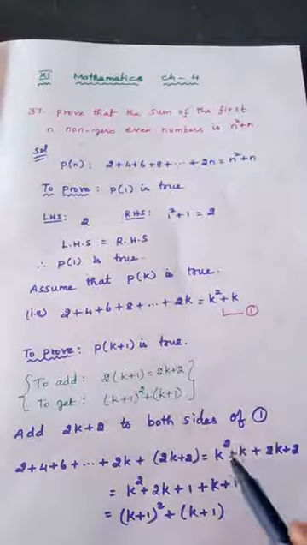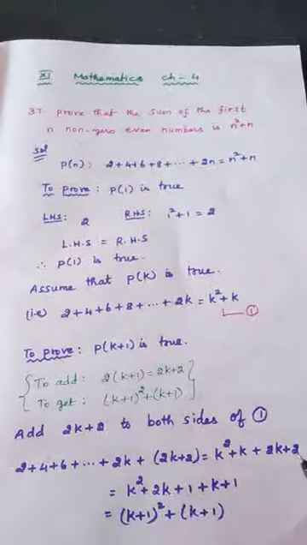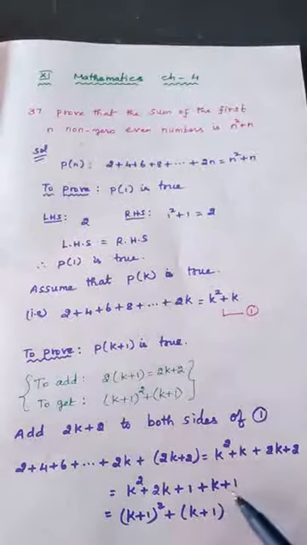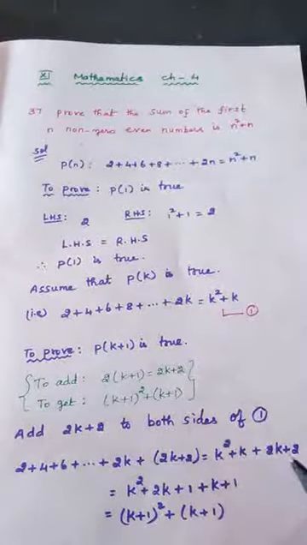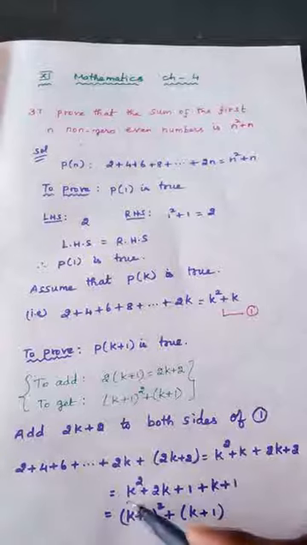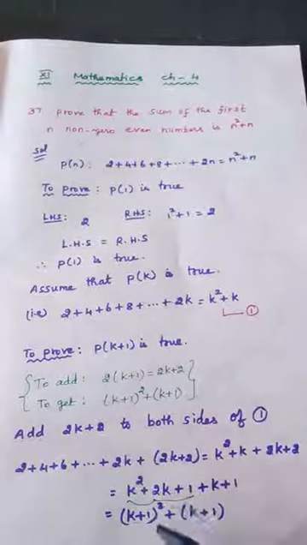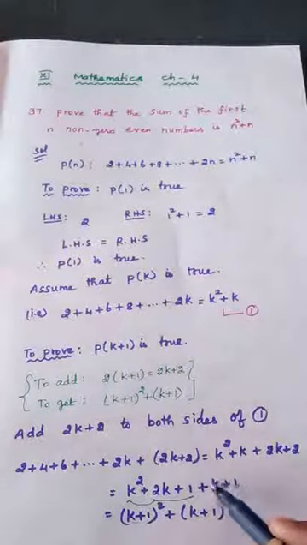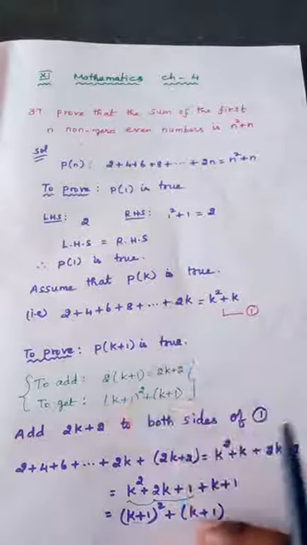Now I will concentrate on the RHS. K square, I am writing this 2k here. This 2 is split as 1 plus 1, out of which 1 is written, and then another 1 is written with k plus 1. K square, 2k, and this k is present here. 2 is written as 1 plus 1. Now if you see the first 3 terms, it becomes the formula k plus 1 whole square, because a square plus 2ab plus b square. So k plus 1 whole square plus, write this k plus 1 separately. So this is the answer that we wanted, k plus 1 whole square plus k plus 1.